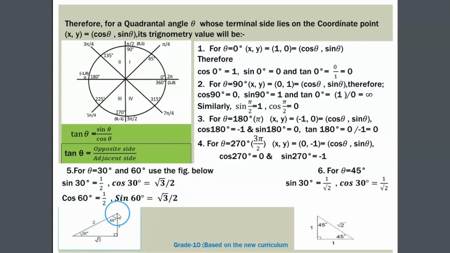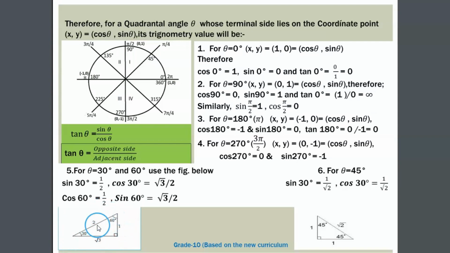ፎር ቴታ 30 ዲግሪ and 60 ዲግሪ just use this figure, okay, the figure below this one. In this figure you see this is a right angle triangle, ከዩኒት ሰርክል የተወሰደ ነው። መጽሐፋችሁ ላይ ያለ ስዕል አለ እንደዚህ የተቀመጠ፣ እዛ ላይ ይዩት። ለ60 ዲግሪ የኮኦርዲኔት ፖይንቷ የምትገኝበት የኤክስ ቫልዩ ስናያት ስንት ነው? የዋይ ቫልዩ 1 ይሆንና የኤክስ ቫልዩ ግን በ0 እና በ1 መካከል ሆኖ ስንሰራው ሩት 3 ነው የሚመጣው።